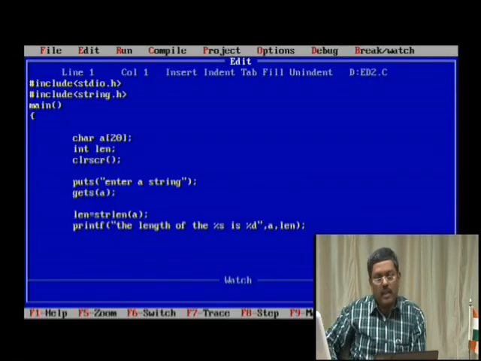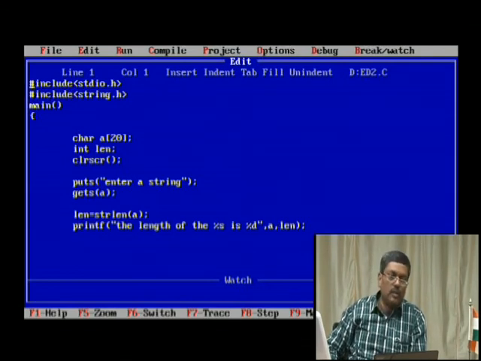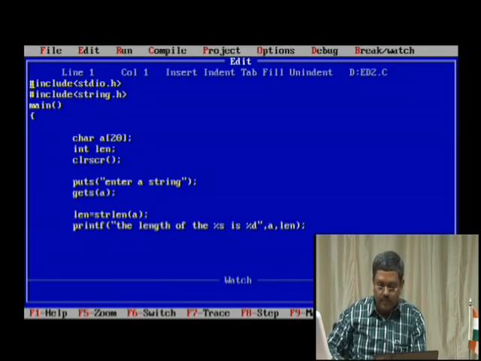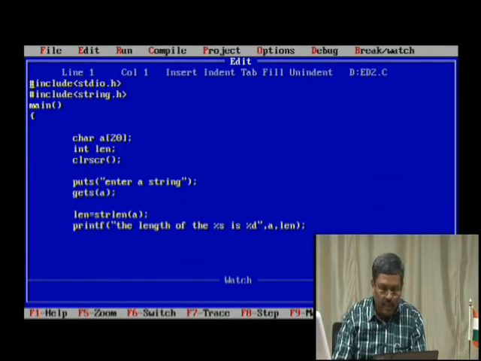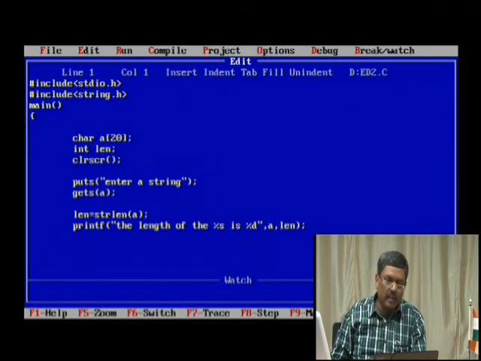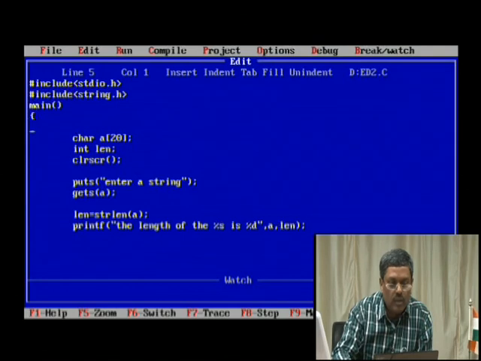So I hope you have understood how to write a simple program using a library function to calculate the length of the given word or string, whatever you call, right. Even if you type a sentence for that matter, it will get you all the number of characters involved in that sentence, including spaces and whatever the extra characters, until it meets the null character, excluding the null character. So what I do is I will show you now. So what is the part?